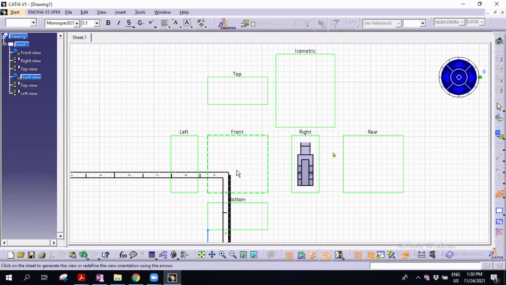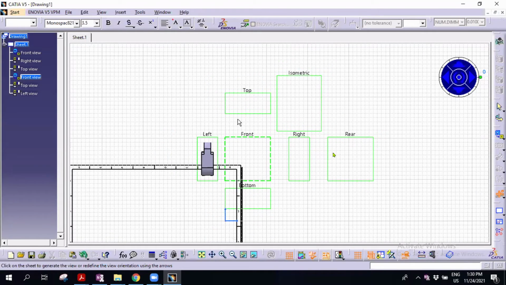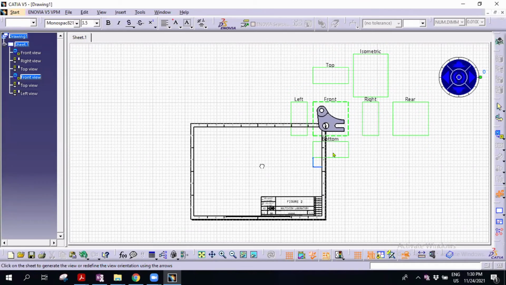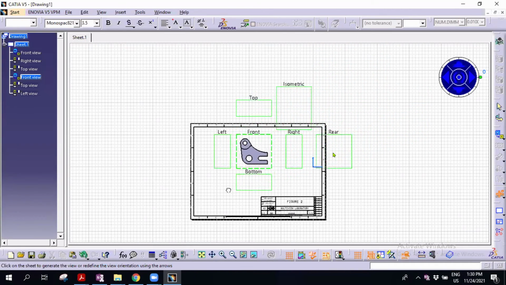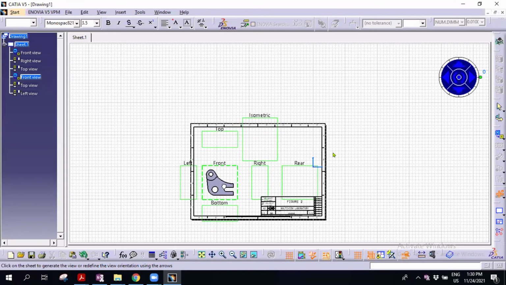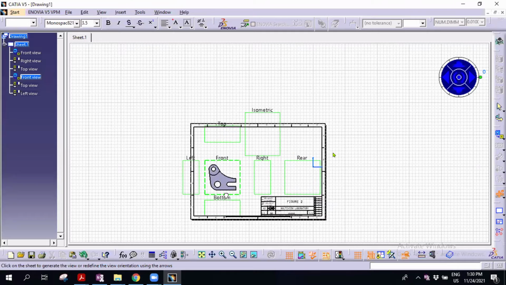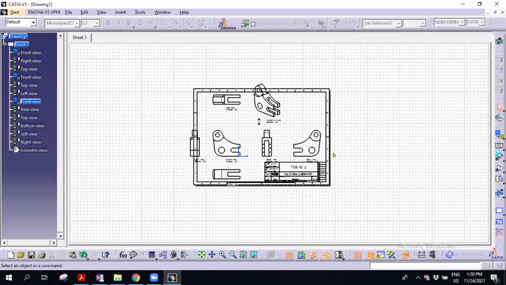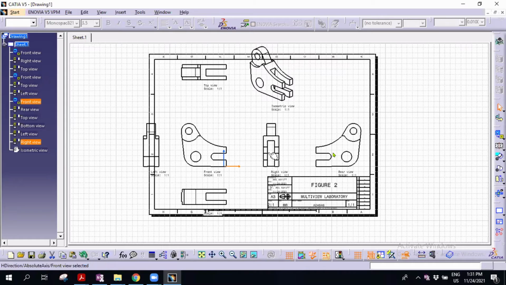Then you will have each of the views, but we will start at the front view. In order to move this in the correct way, you must move it before it is set. For example, put it here. Once I enter, the drawing will be fixed, and then you cannot move it.